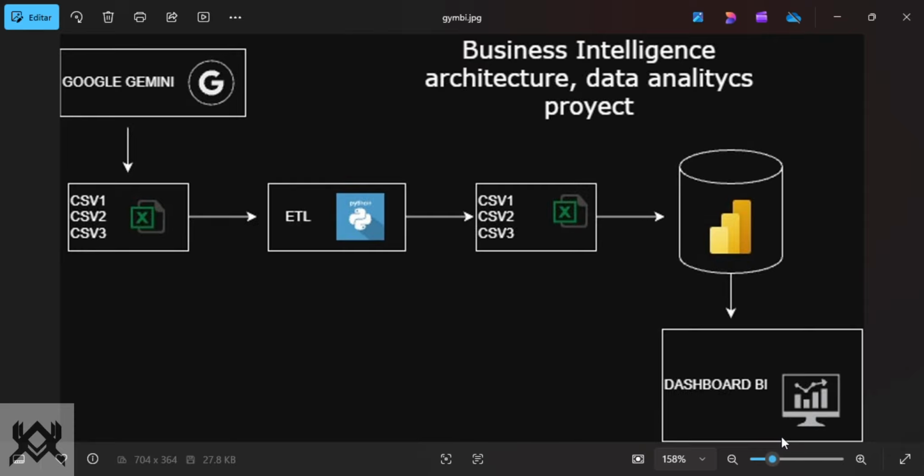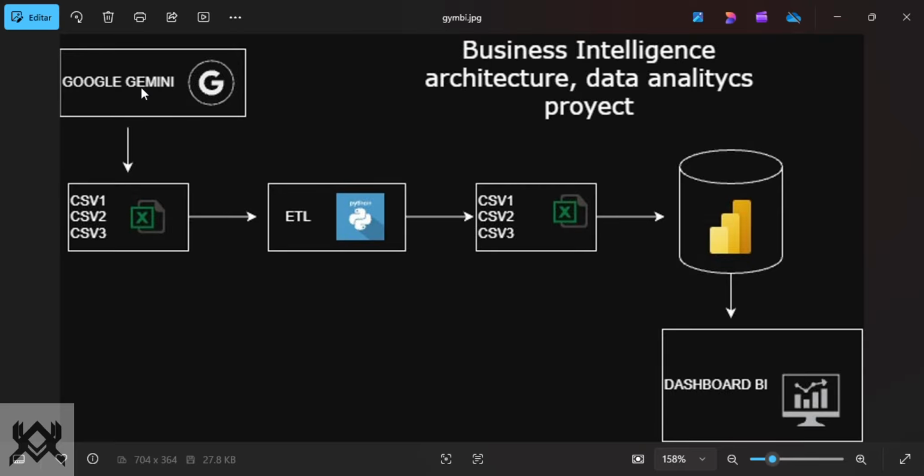Okay, in this case, for example, in my logo, Google Gemini is not Gemini because I didn't find a format easier to put in my architecture, but we put my logo of Google.